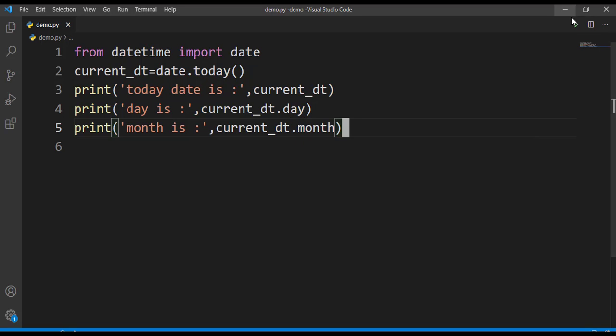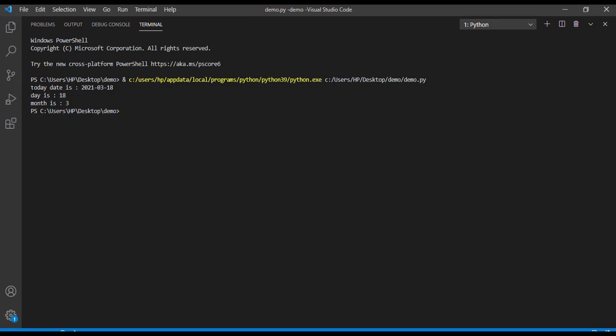Let's check whether we get the output. Here first we are printing today's date and then accessing individual components from that date. So the day is 18 and the month is the 3rd month. I hope now you know how to access the individual components from this date format.